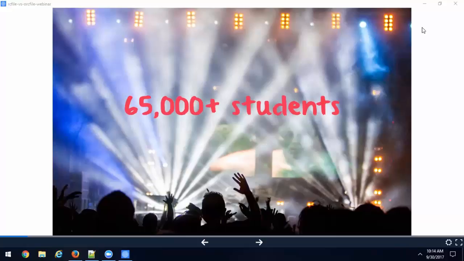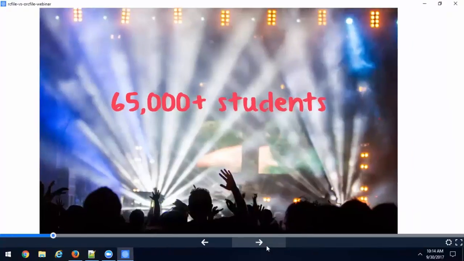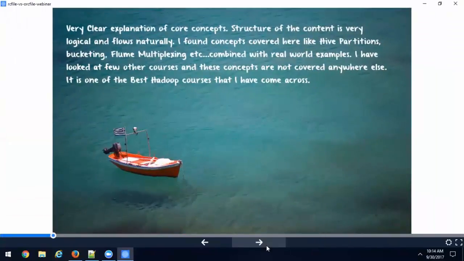So we have 65,000 plus students. That is great. But are they happy? From looking at the chat, I can clearly say we are happy. But for those of you who are very new to us, yes, we have very happy students. This is one of the reviews from one of our students. Anytime we receive a review or feedback, we love it. We love our students. Anytime you come back and give us feedback, even positive feedback or even a critic, we love it. We love to hear from you.